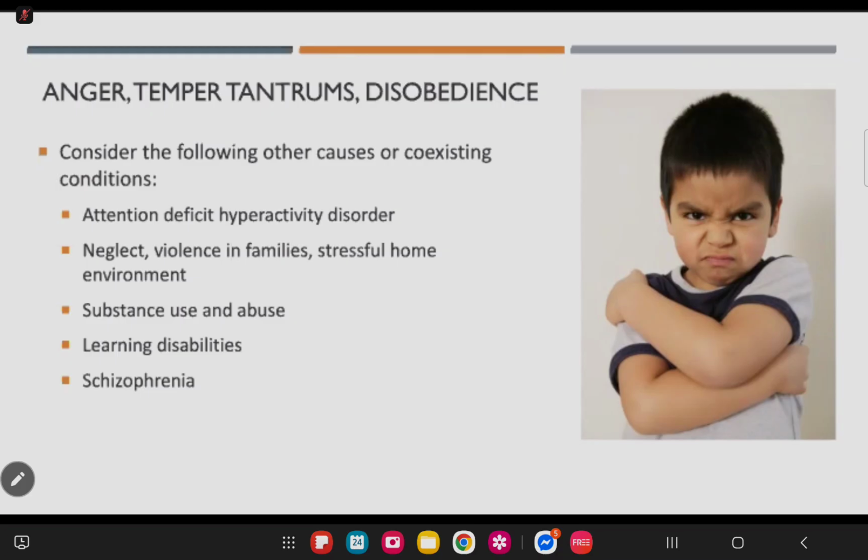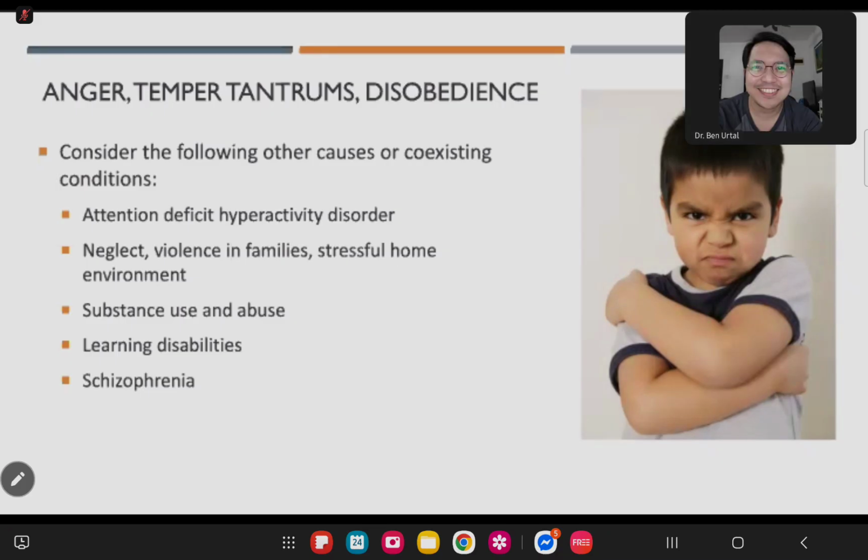So, for example, you have a school age child who is very talkative in school. Maybe they do not finish tasks. They cannot hold a conversation for a few minutes or a few seconds. So you have to consider attention deficit hyperactivity disorder. But you have to recall that these symptoms are not only present in school, but they are also present at home. So if they are present at home, at school, or even during leisure activities, then you have to consider attention hyperactivity disorder. Okay.